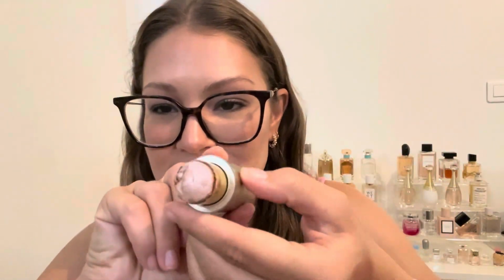I am not a cream highlight person. I don't even have that many cream highlights in my collection. You can see for some reason it's very creamy, but it's breaking apart. And I have a hard time figuring out how to apply this. It's too much with just your finger. You can't just swipe it on your cheek. The best way I found was to apply it directly onto my sponge, but you have to be really careful. It's just cracking, and it's not